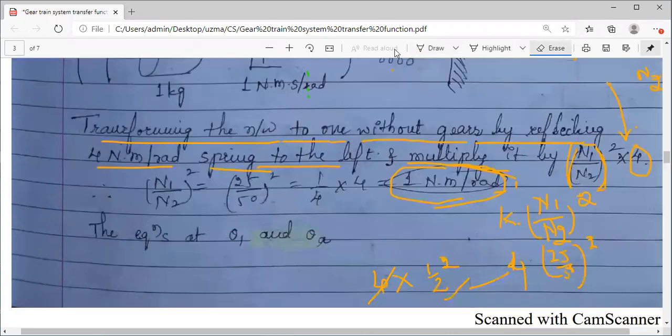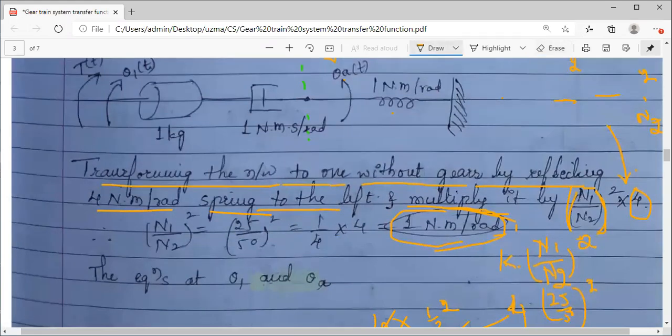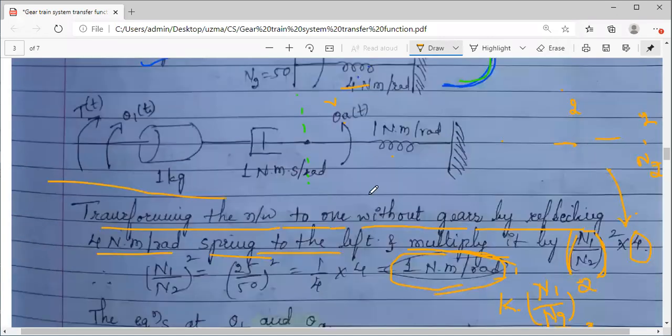Now we will go for normal, how to find the transfer function. What you used to do, अब ये जो आपका system दिया है, what we have drawn here, this system is not having any gear trains. ये आपका as usual normal rotational mechanical system है. So you have got number of displacements 2, theta 1 and theta A. Then you have an applied torque and you have some J term, B term and K term. Okay, इसके लिए आप क्या कर सकते हो?